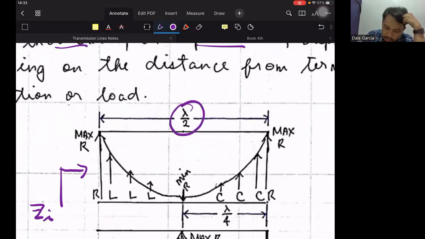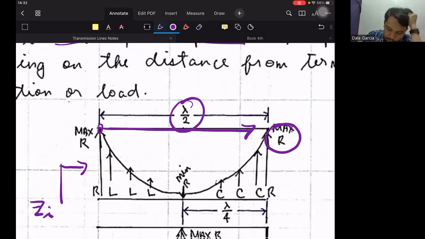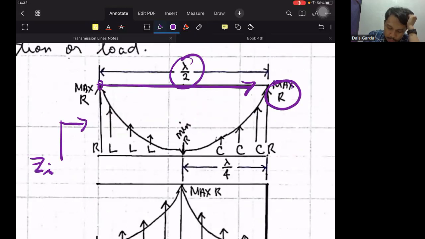1/2 wavelength away from the input, the value is a resistance, no? And it is a maximum amount of resistance. So 1/4 wavelength away from the input, here, is minimum resistance. So the piece of wire stub is resistive,